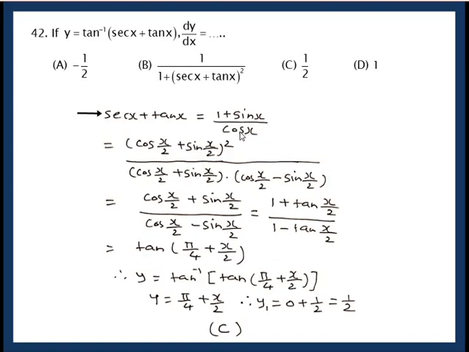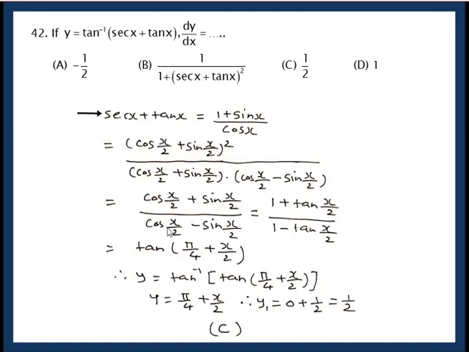What is cos 2 theta? Cos square theta minus sin square theta. So cos x is cos square x by 2 minus sin square x by 2. I have directly written the factors. See, by this time you should be able to read between the lines. I haven't written 2 steps here. So 1 cos plus sin gets cancelled. What remains is cos plus sin upon cos minus sin.